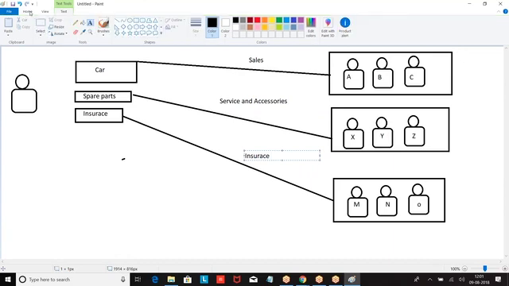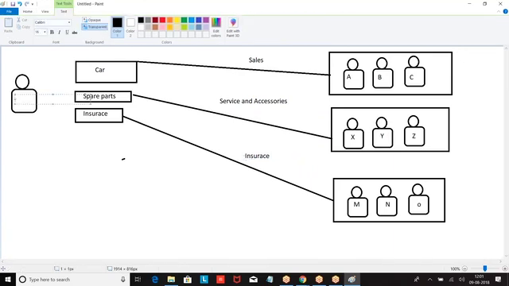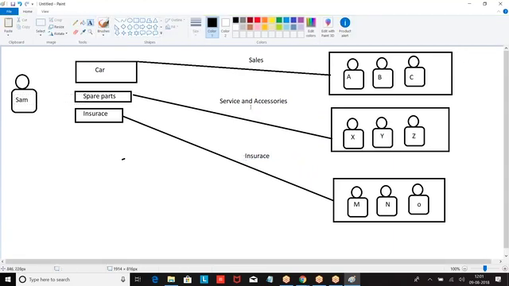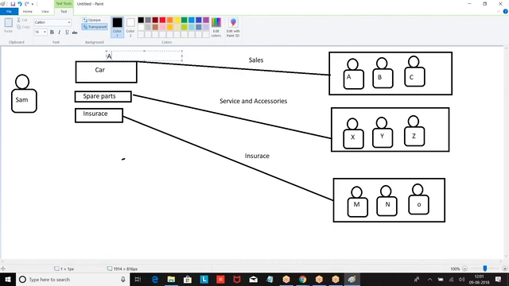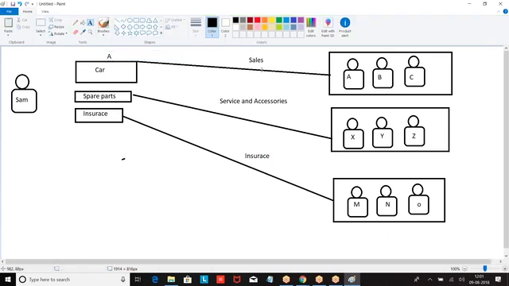But the customer came to the showroom. Now he will not speak to these people. Am I right? Now who will he speak with? He will speak with a guy called A, because my primary aim is to purchase a car. I will not go and speak to the insurance guy in the showroom. I will not go and speak to the accessory guys in the showroom. I will go and talk to the sales representative who will sell the vehicles. After taking the car, he may go for accessories, may go for insurance.